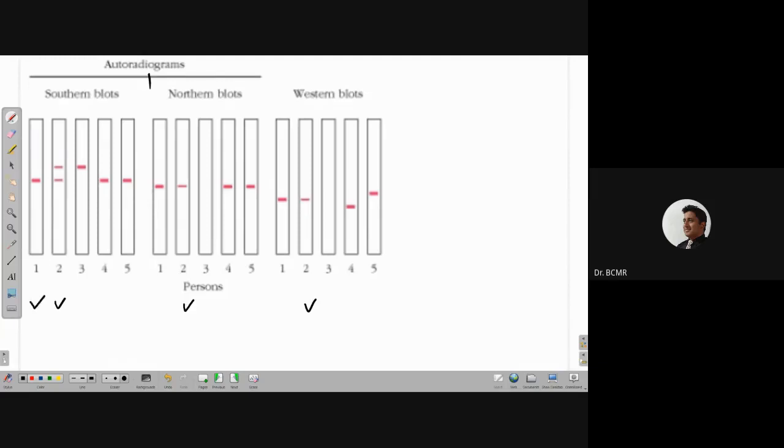This is normal, I'll put it like N. So you're comparing in two ways. You're comparing between the different blots, Southern blotting, Northern blotting, Western blotting. And then you're also comparing person 2 with the standard in each of these cases, and trying to arrive at the best possible